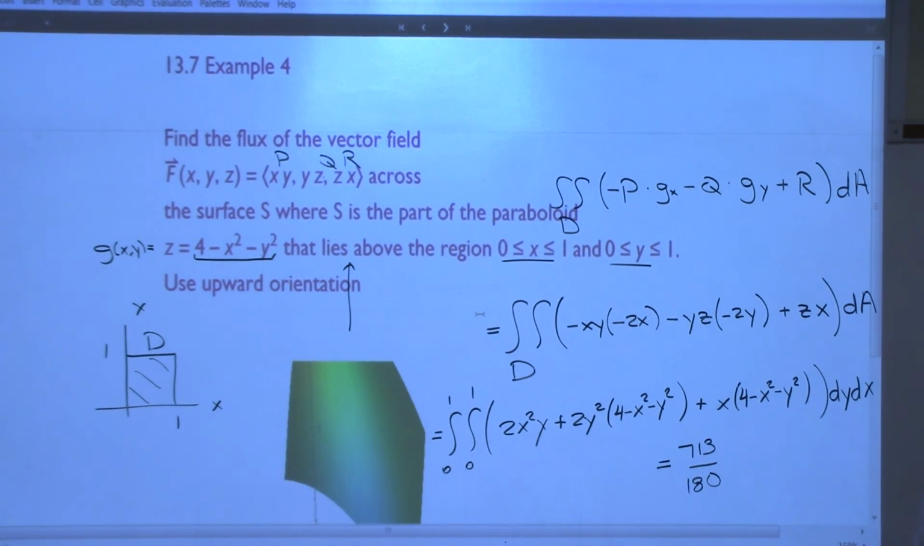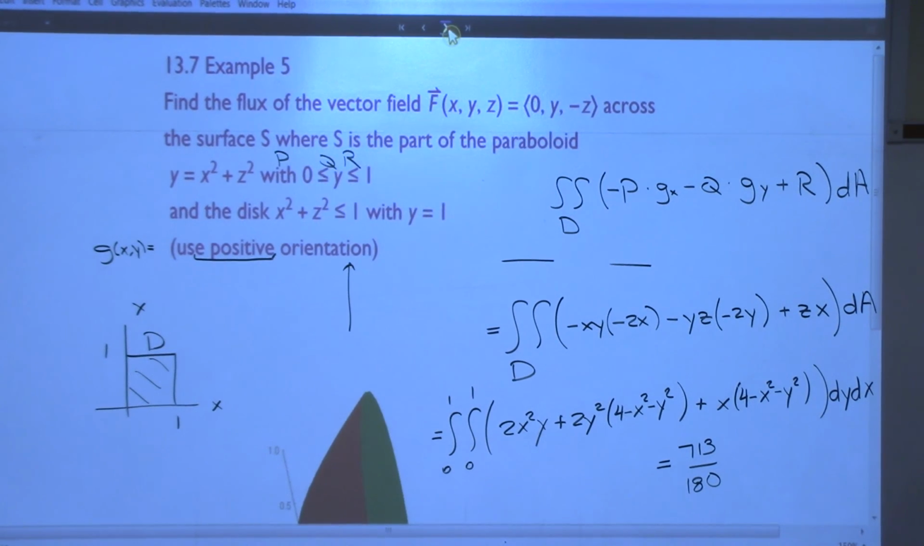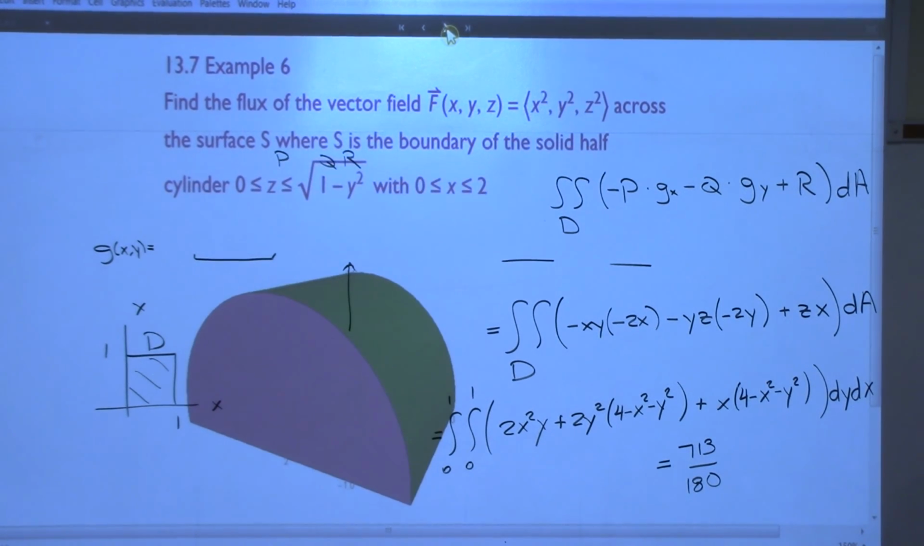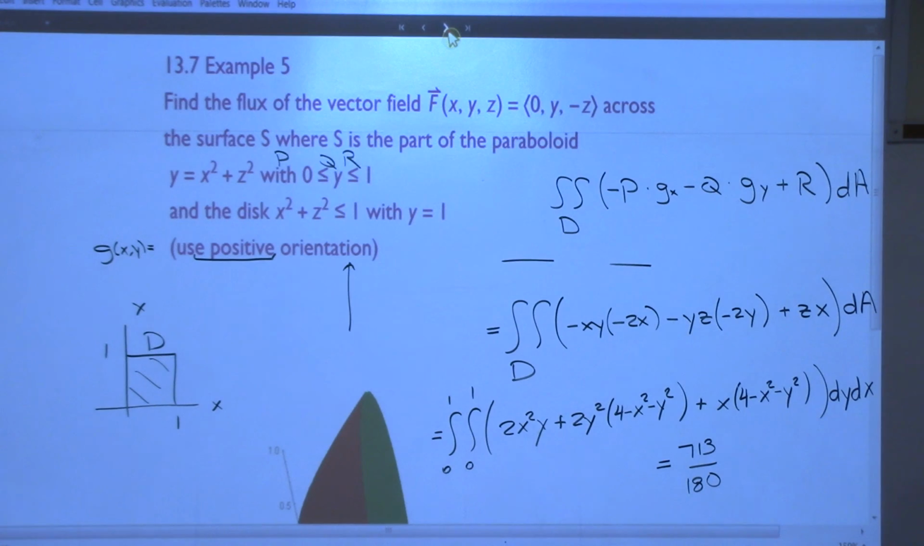All right, so there are some more examples, of course, that I want to do. I'm not going to have time. I've got that one and that one. Just so you know, these two problems, example 5 and example 6, are actually out of your homework. They are problems